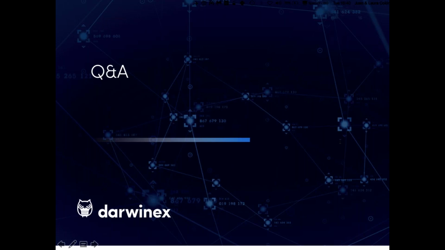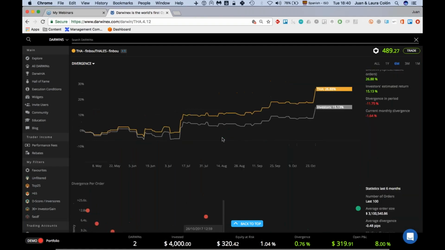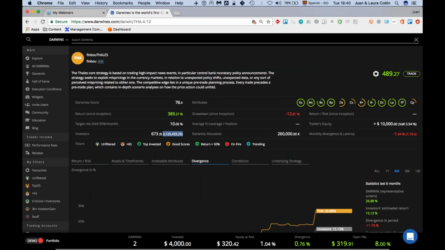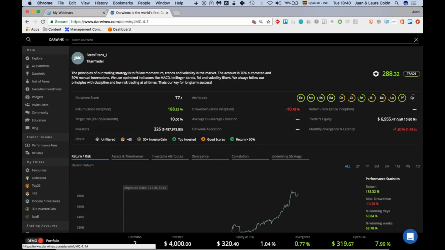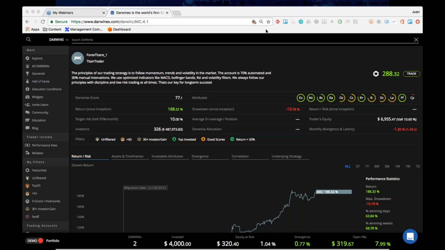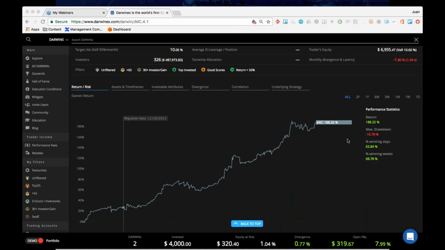So Selvaraya is asking about a very important point on the bonus, in comments also on EA resellers. We have nothing in principle against EA resellers. DarwinX is an open platform. However, we do see that with some Darwins the slippage is abnormally high, even accounting for the size of the trades that we're looking at. If you see, for instance, James, he's a classical example. It's a pretty good strategy, but the slippage, considering the amount of investment it's got and the trades it does, is just very big. And we are pretty certain that what's going on here is that we are receiving a copy of a copy,